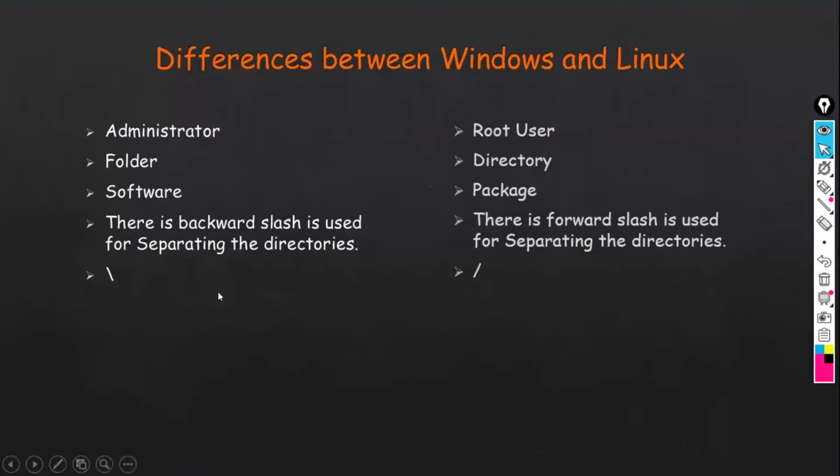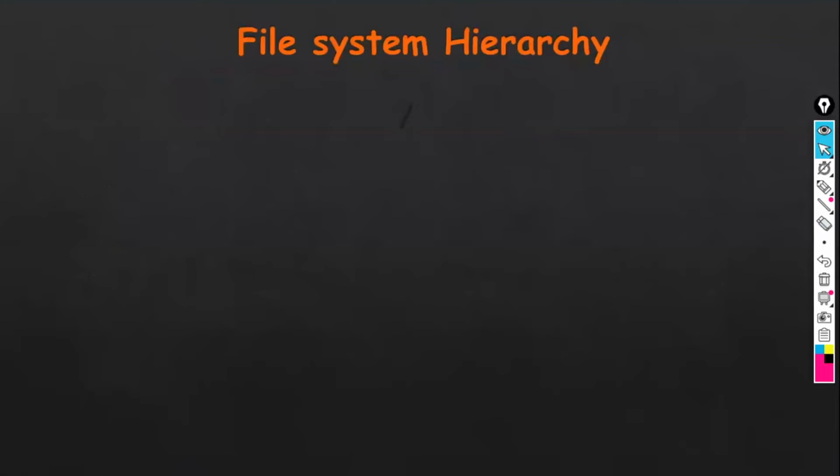Now coming to the file system hierarchy in Linux. In Linux, everything starts from this forward slash. We call this forward slash the root directory.